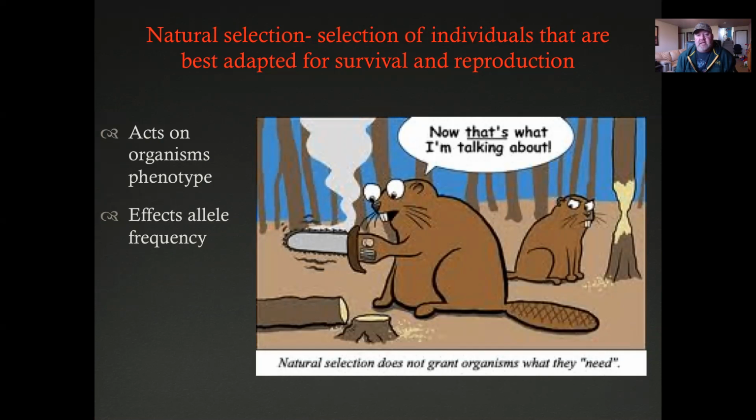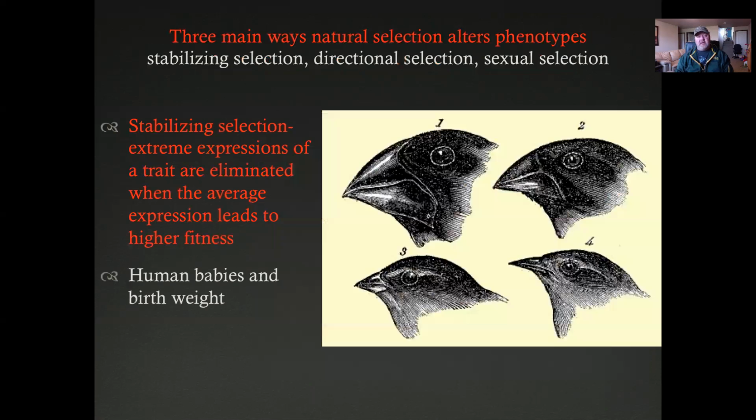Natural selection then is this idea that individuals that are best adapted for their environment are the ones that are going to be able to survive and reproduce more successfully, okay? This acts on the organism's genotype, or I'm sorry, not the genotype, the phenotype. Obviously, the genotype causes the phenotype. The phenotype is the physical trait that you actually see or can test for. So if that phenotype, the physical thing, makes that individual more likely to survive and reproduce, obviously then those genes are going on to subsequent generations. So this is affecting the allele frequency.